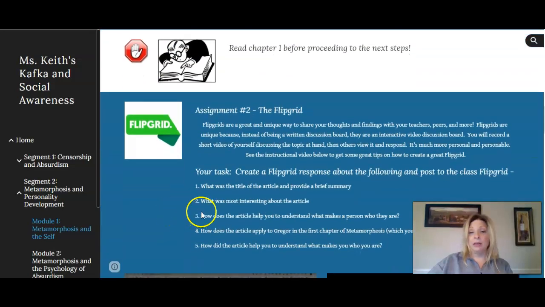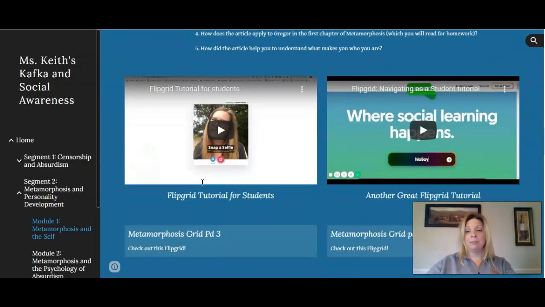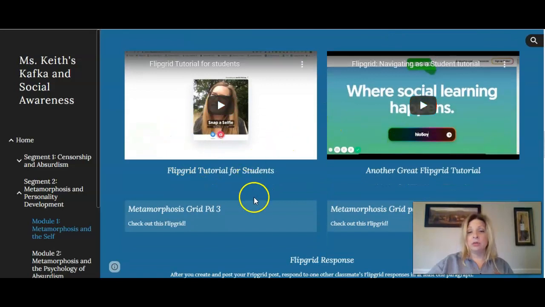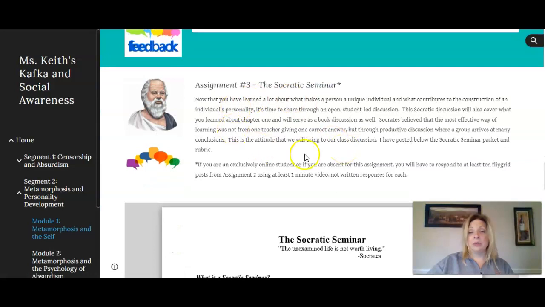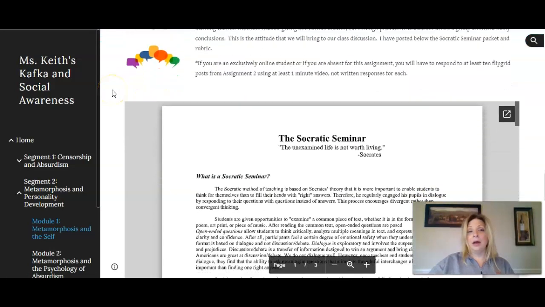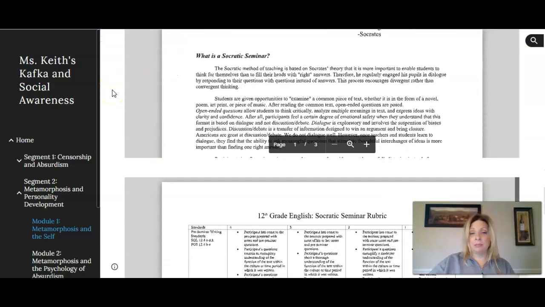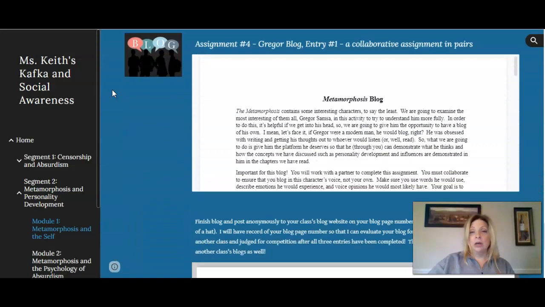And this is where we incorporate Flipgrid into our repertoire for the unit. I give them tutorials and places to submit their Flipgrids. And then we have a Socratic seminar. This is something that we can do online in a large discussion board or in a synchronous session.